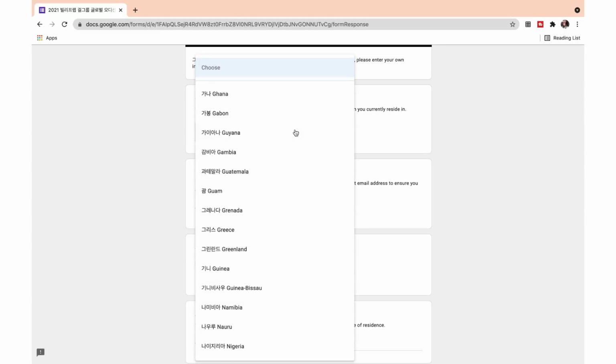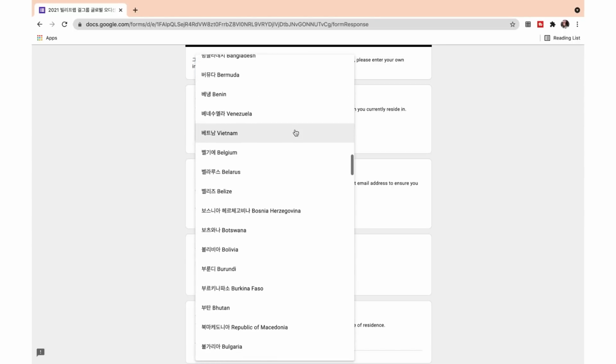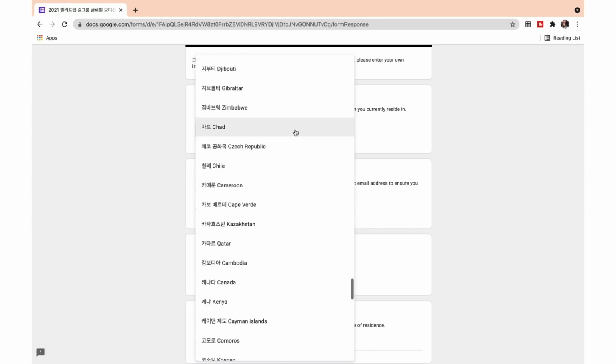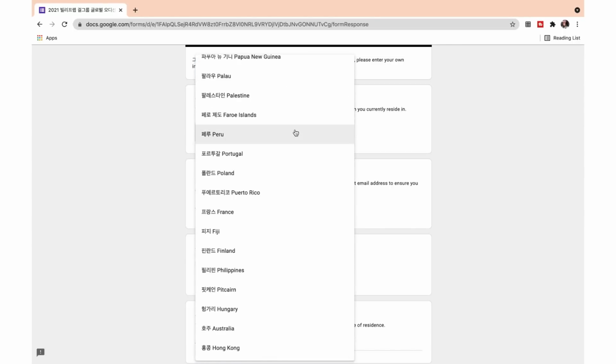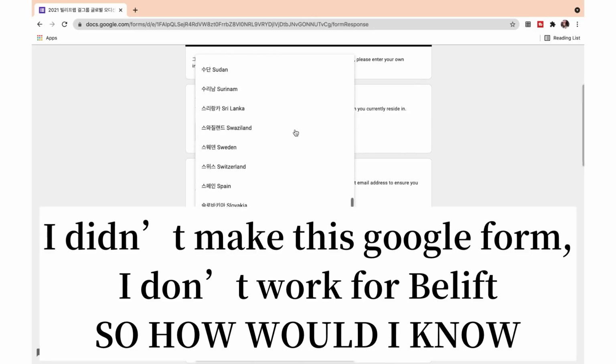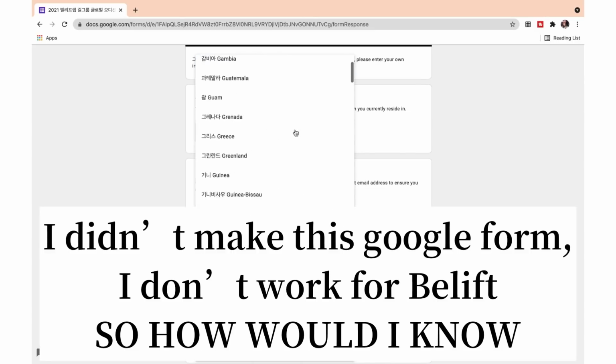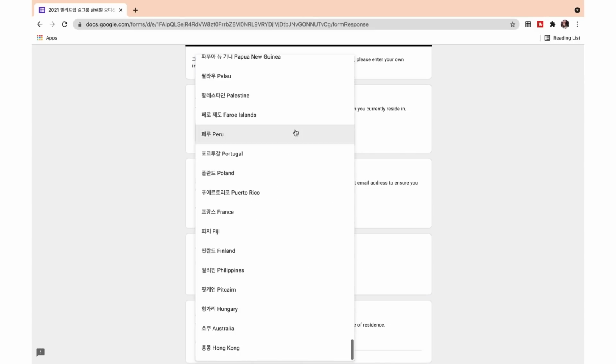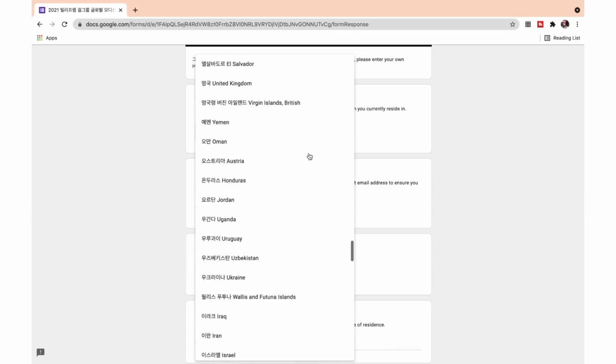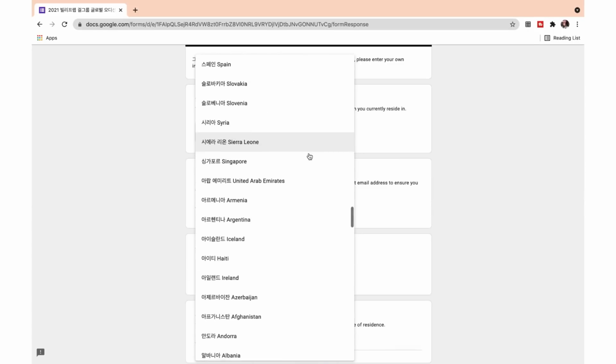So this is where you actually put in where you live. Some people are saying that they can't find their country on here, and that could be the case because, I don't know, they can't possibly put all of the countries in here. But if you don't see your country, then put the nearest one. Yeah, just put the nearest one. So right now